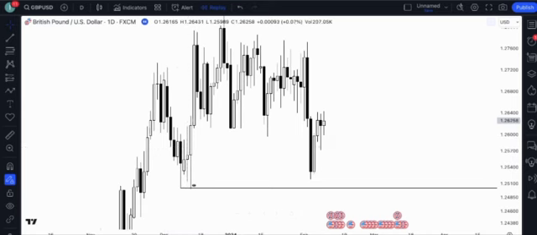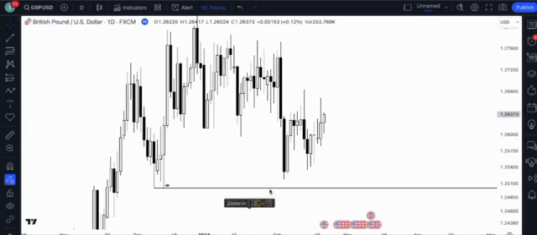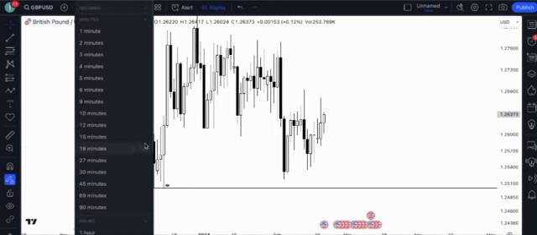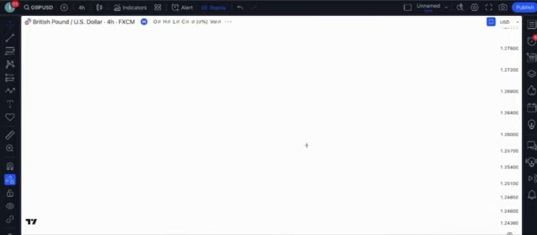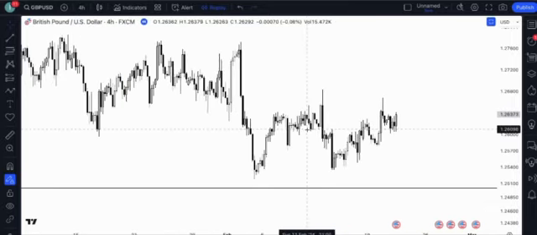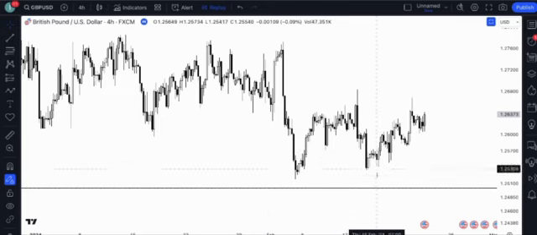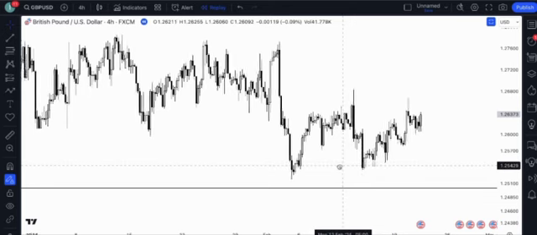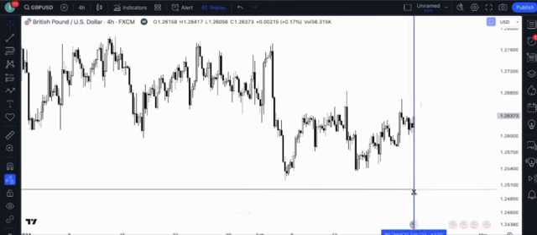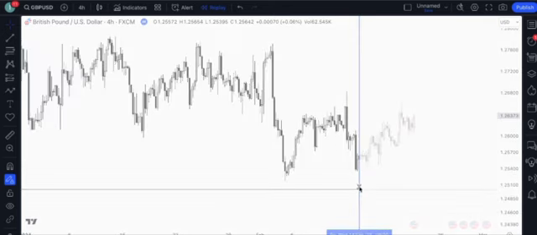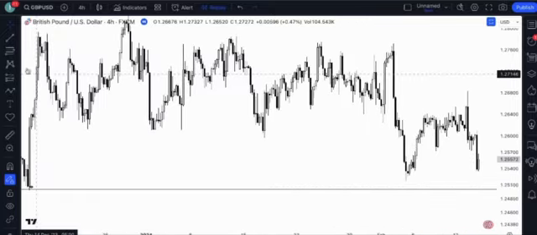Right, so we got a favorable reaction. You got a turtle soup on the 4 hour right here. So this is the target, right? Got a turtle soup. However, at this point in time, if you look at the dollar,